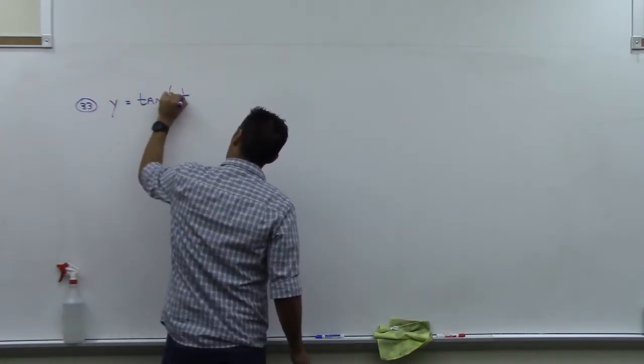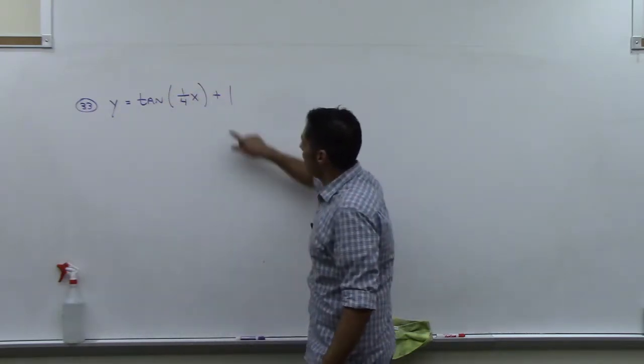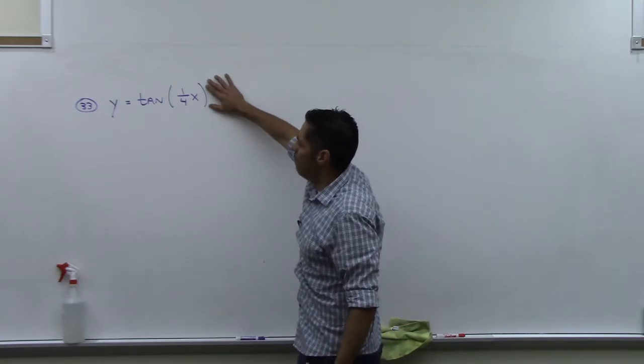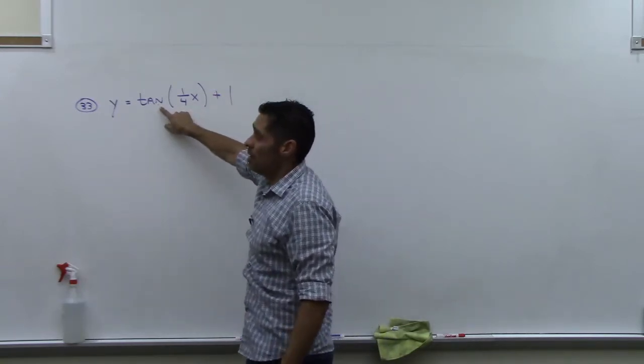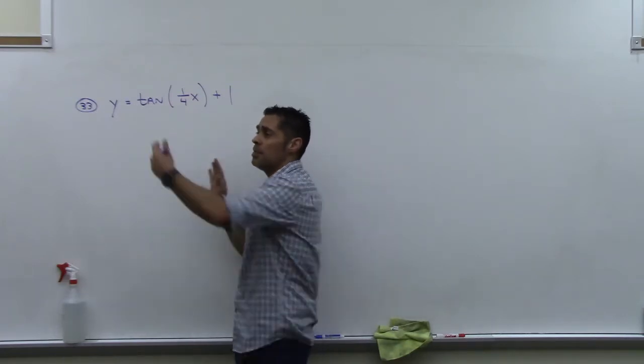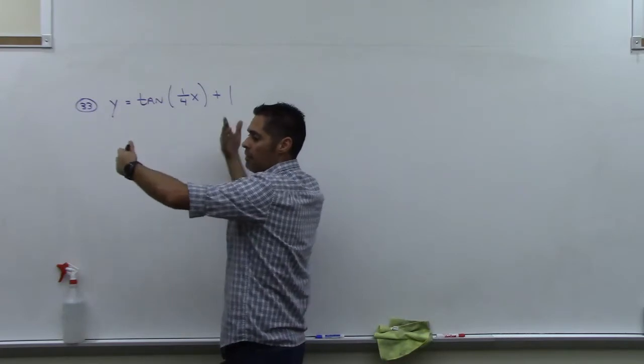Tangent 1/4 x plus 1. Okay, we've done something like this in the past. The plus 1 is just going to move that graph up 1. So I'm going to graph that first. I realize because it's tangent that there are really like 3 important points. The negative pi over 2 where I had a vertical, the pi over 2 where I had a vertical, and